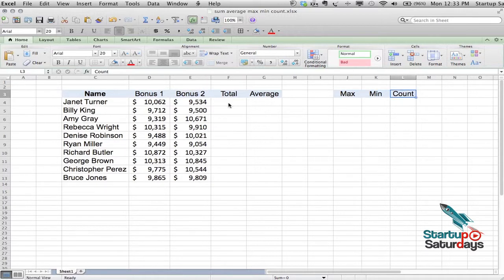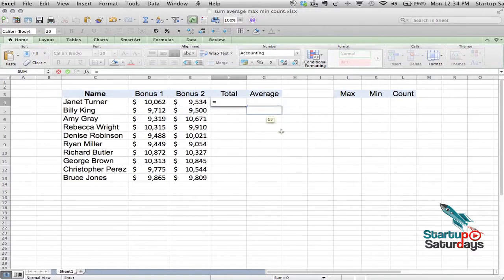So the simplest way of doing a total is you put in an equal to sign. If you were to do it just mathematically, you put in an equal to sign, and you can see up here, this is the equal to sign right here. Then you would left click once, twice, and come to the cell that you want to add. We want to add D4, and we want to add it to E4. So we put in the plus sign, and then we click left one more time,